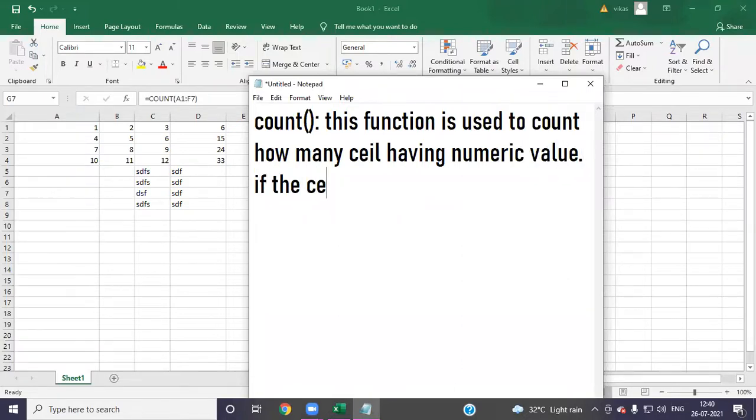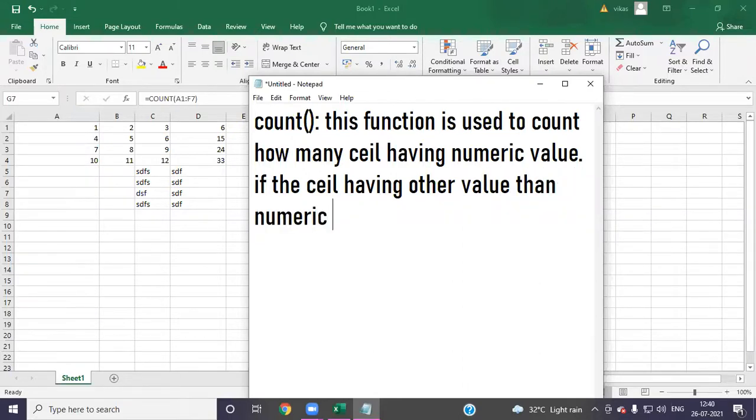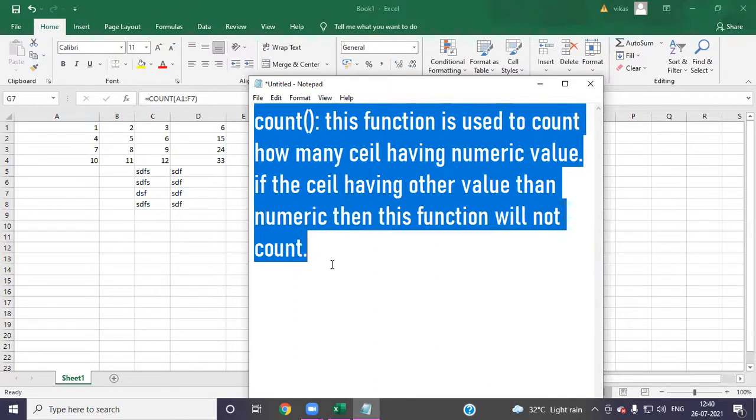If the cell has a value other than numeric, then this function will not count it. Clear? This is the definition of the count function.